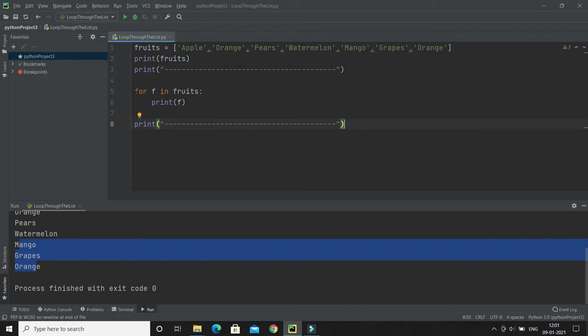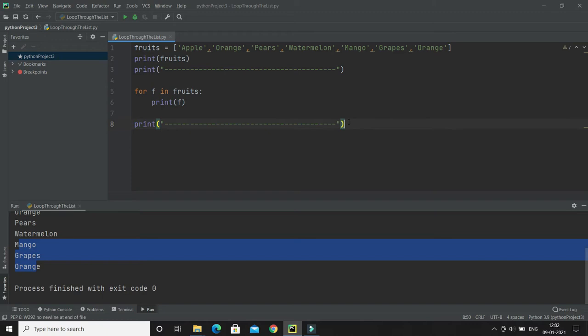Whenever you use a for loop, Python internally uses an iterator. So instead of specifying the collection directly, we can create an iterable object and pass it here, and after that we can refer to every element in this list by its index.